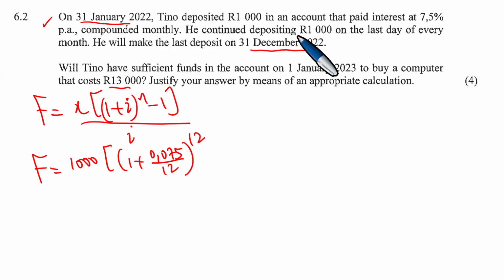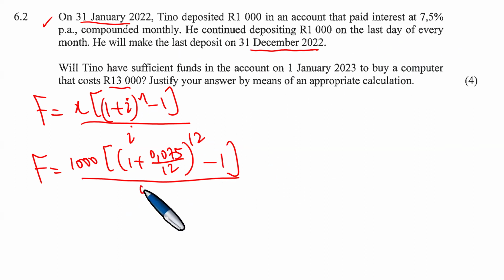So it's 12 payments. Every month, 1,000, 1,000, 1,000. So n is 12. And therefore now you minus 1. You divide by the interest rate, which is 7.5% divided by 100, getting 0.075, divided by 12. The future value is approximately